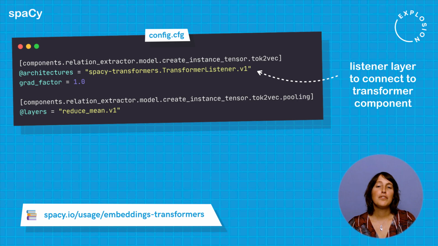As transformer models provide word piece vectors, we'll need a pooling layer to obtain token vectors from the word pieces. We just applied the same reduce_mean layer that we also applied to summarize token vectors into entity vectors. This layer is a built-in component from Thinc, but you could pick any other one or implement your own strategy as well.